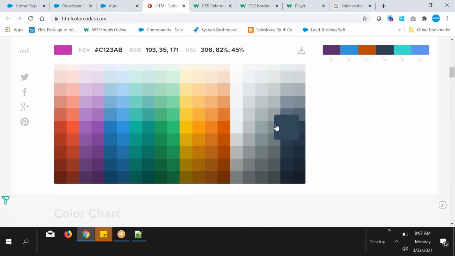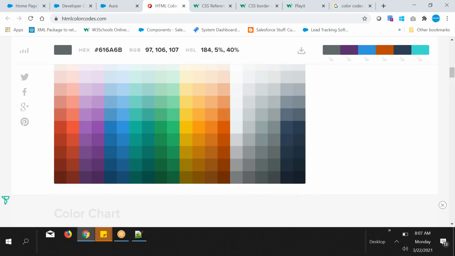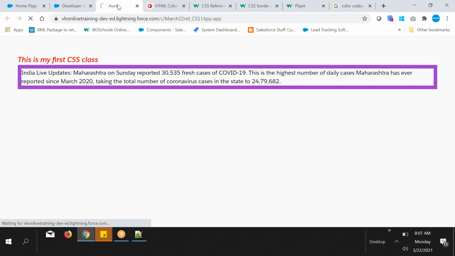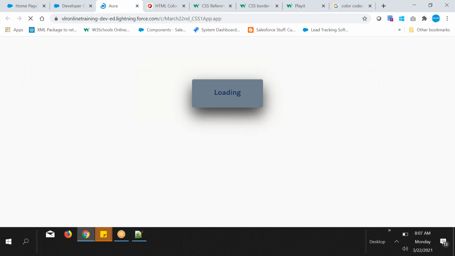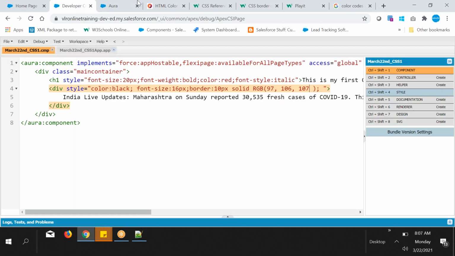We used to use, see here. Suppose I want to fetch the color code for this one. Click on it. And have you seen this one? This is the color code. Have you seen hash color codes?